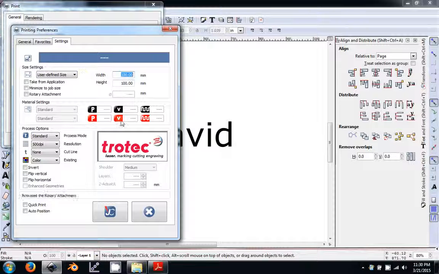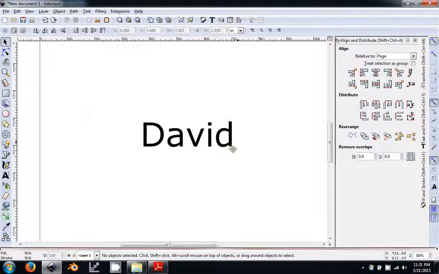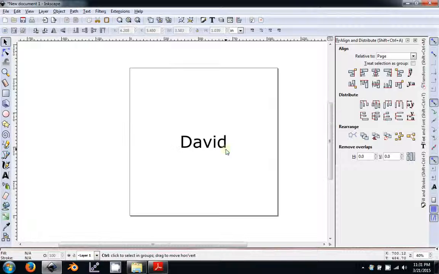You don't have to worry about these ones on top. The only things you really need to worry about are the material settings, which are: are you using it on wood? Are you using it on glass? This is the material library that Xerocraft already has installed, and the different processes. And in a later tutorial, I will give a greater explanation on what these do and how they can be used for your project. But as far as the tutorial itself, that concludes